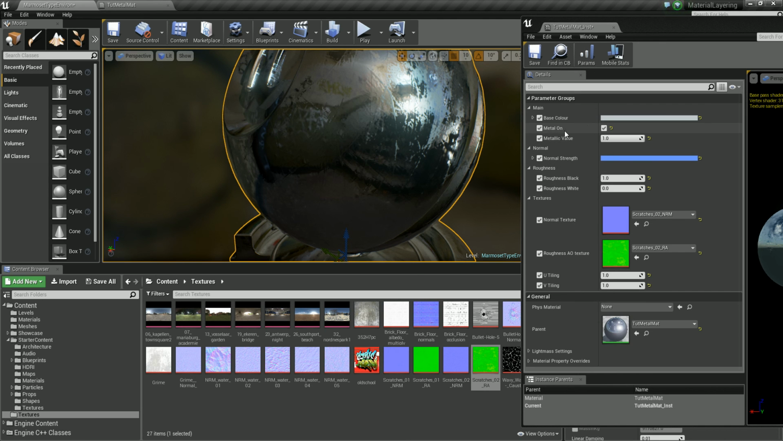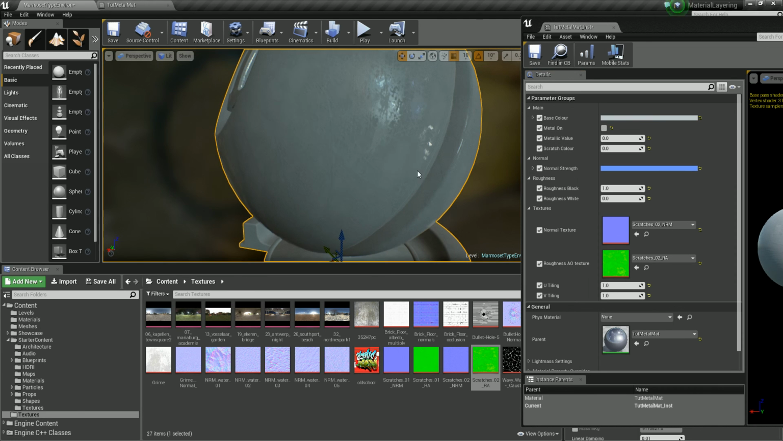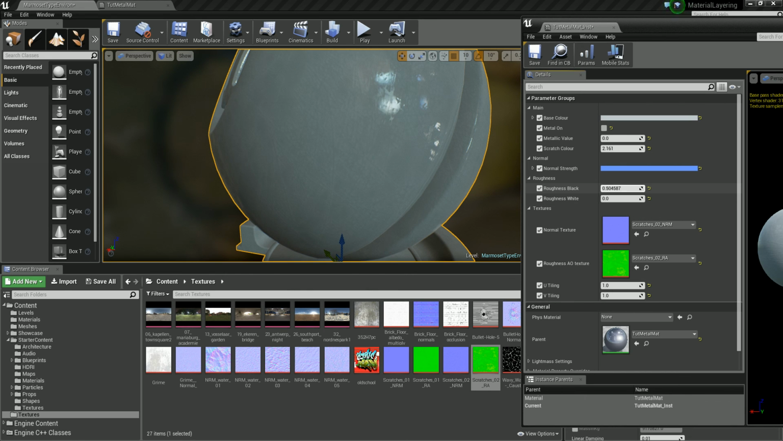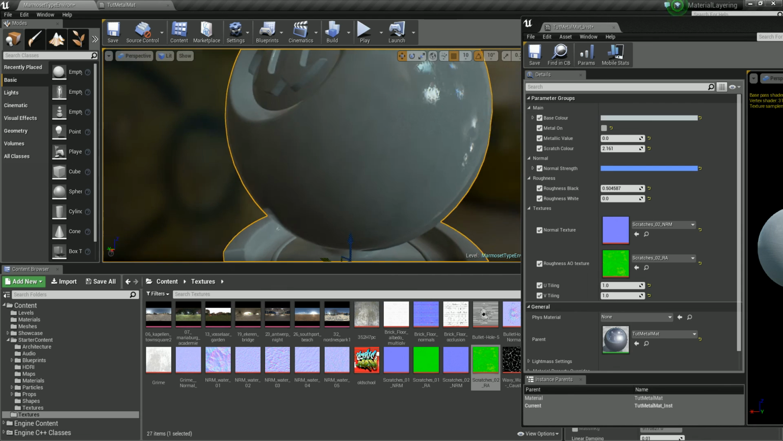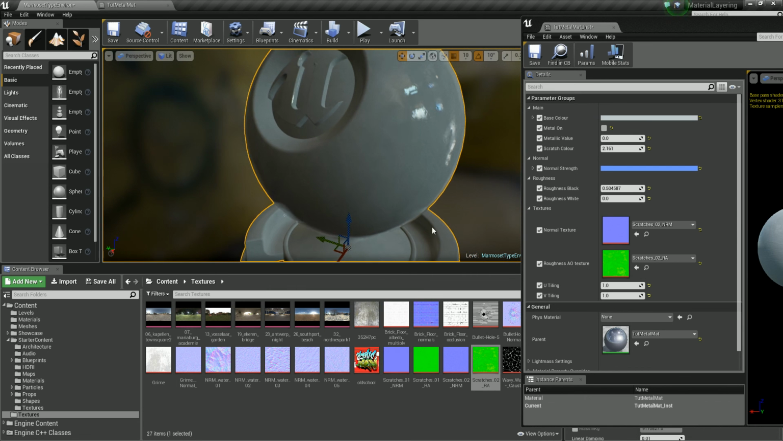If we just switch, let's just take this down to plastic. If we just take the metal on off, so we have our color, our scratch color as well. What we can also do is go in and increase this to put some color onto the scratches as well. What I may just do is bring the scratches down a little bit, so we can have that as well. Okay, so